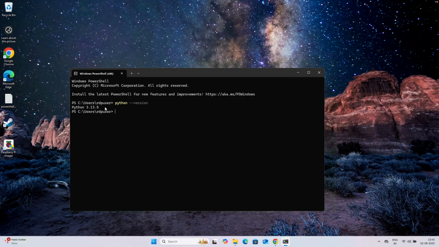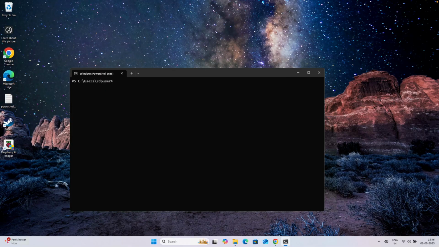You should see this version. If you're not seeing that, that means the installation didn't happen properly. One issue might be, as I said, that it may not have been added to path. You can also check the pip version as well, which gives you the version of pip. Pip is used to install libraries. Python comes with several third-party libraries and inbuilt libraries as well. If you want to install some libraries, you can use this pip install. So we need pip for that as well, and this will be installed when you install Python. So Python is the main requirement over here. Okay, so this is the first step.